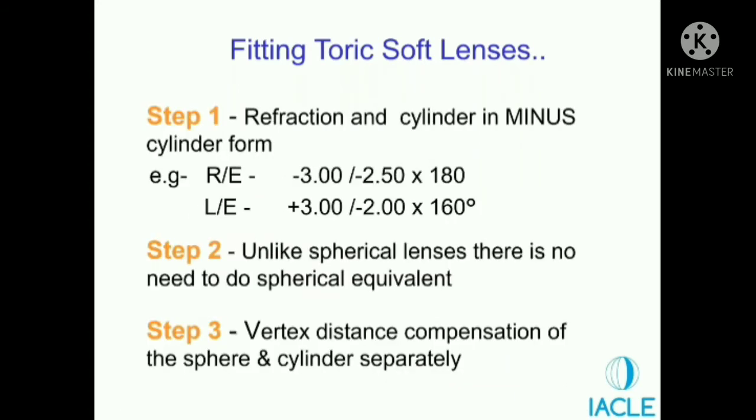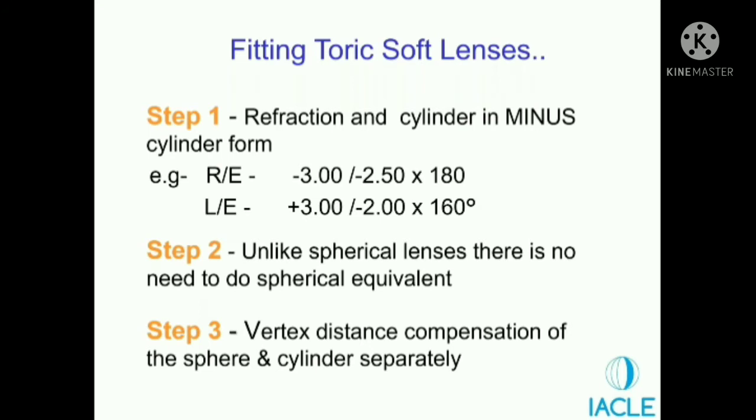Let's take an example and that will make this clear. ठीक है, अब एक example ले लेते हैं. So you have a patient who's walking in your clinic and you've done everything else and the patient's refraction is this. We have -3 with -2.5 axis 180. And we will only talk about the right eye for this particular example. So please ignore the left eye for the time being. Let's look at the right eye.